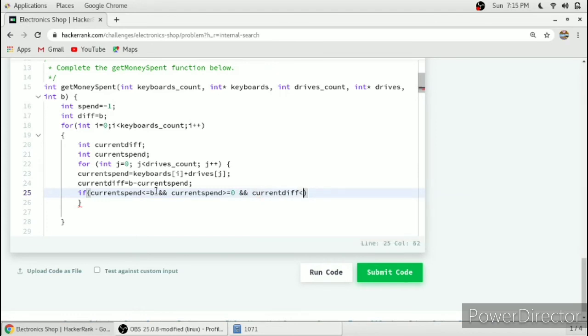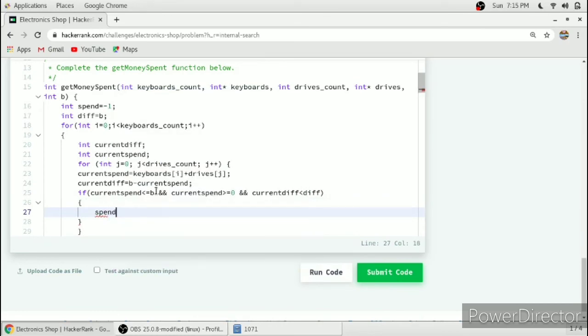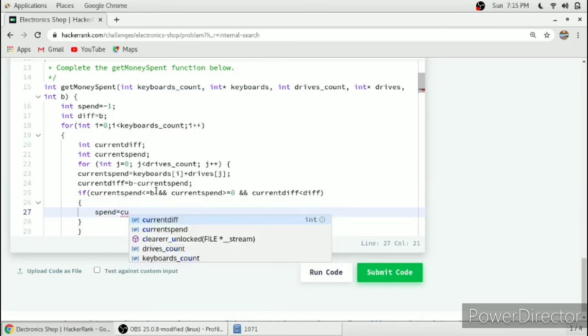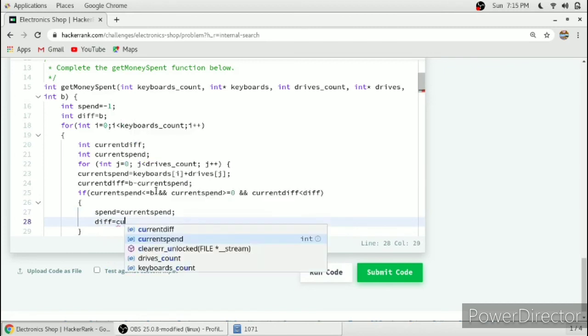If these three conditions are satisfied, then we have to modify our variables, that is spend equal to current spend and diff equal to current diff.